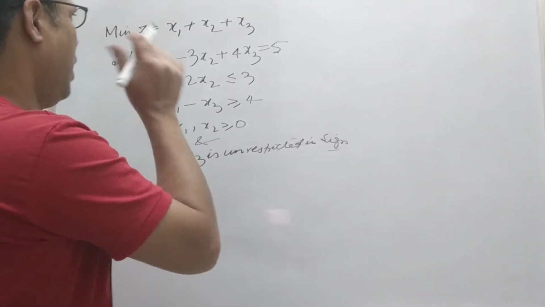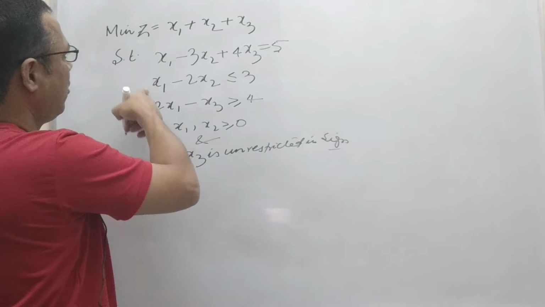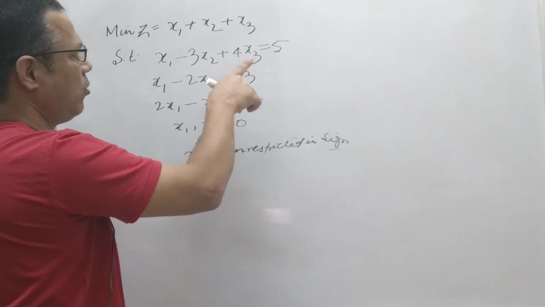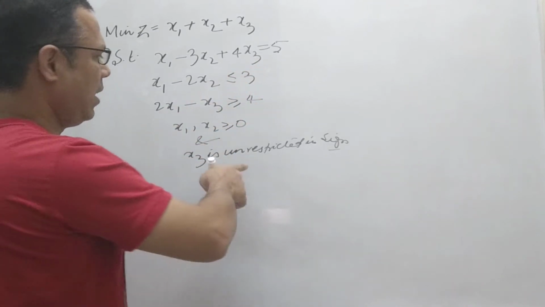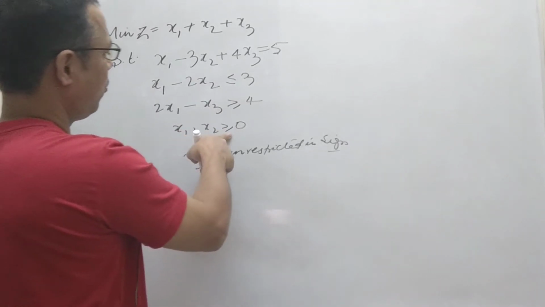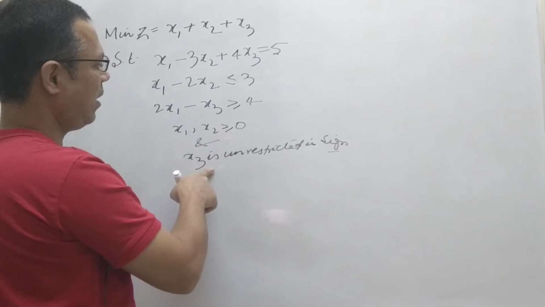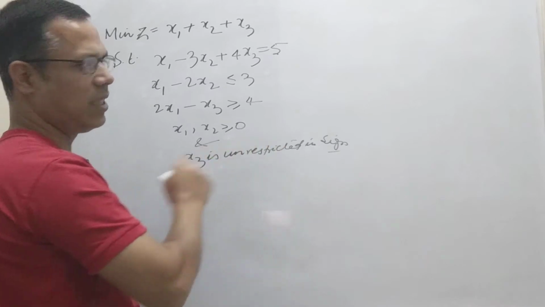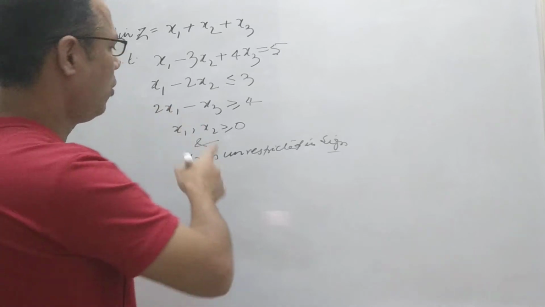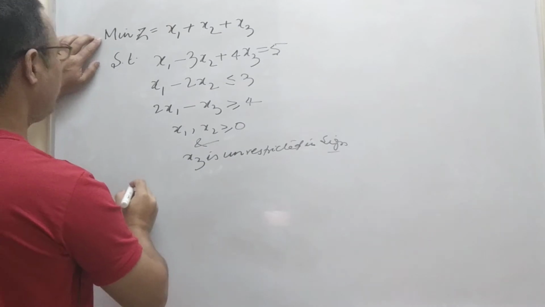In the last questions, I think you remember there were two constraints, and these two constraints were in the form of equations, and we changed those equations into the form of inequalities and proceeded. There was no such condition there. Here the only new thing is that x1 and x2 are given as greater than or equal to 0, but x3 is given as unrestricted in sign, which means we cannot say directly that x1, x2, x3 are greater than or equal to 0. So there is a certain condition. What is this condition? Now we can see how to solve these types of problems.